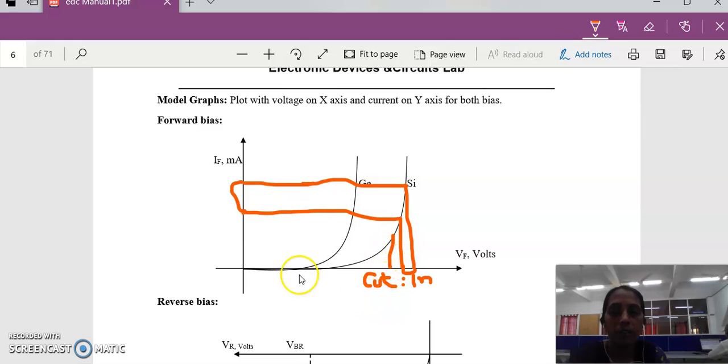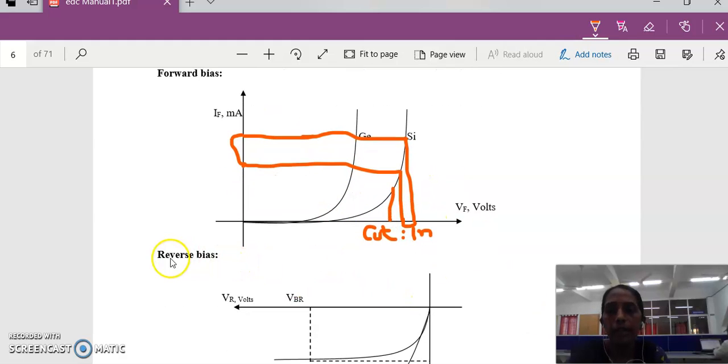The next measurement we have to do is the dynamic forward resistance. Take two points, the current readings where the lines intersect on the curve, and the corresponding voltages. The change in voltage to the change in current is nothing but the diode's dynamic forward resistance. Those two values you have to note down after drawing this curve. Now the VI characteristic. Similarly, when the diode is in the reverse direction, you also have to draw the graph. Now this is about the first experiment.